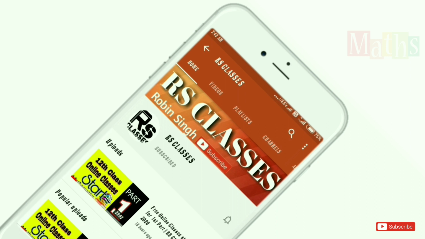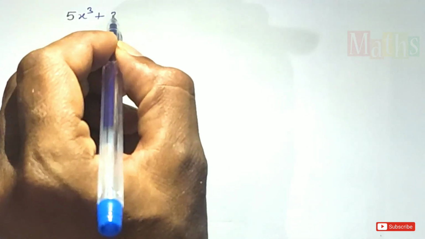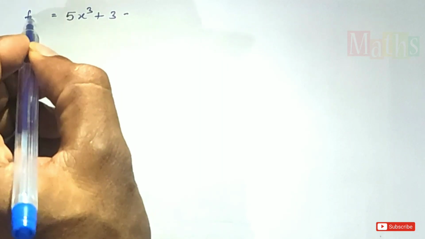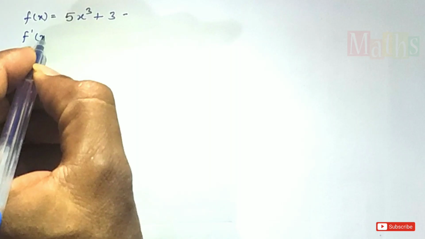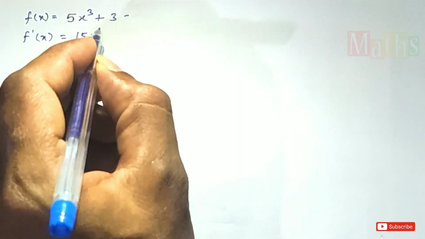Consider 5x cube plus 3 as a function of x. According to the first derivative rule, first of all we will differentiate with respect to x. Then it will become 15x square,